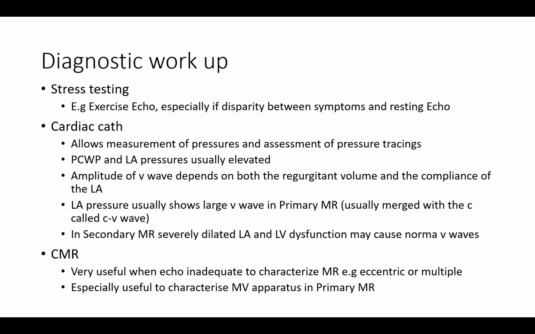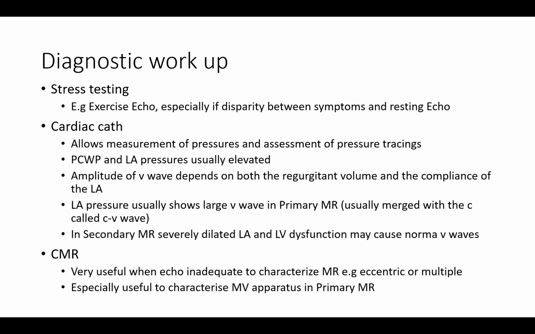Of course, cardiac cath would allow us to measure the pressures and look at those pressure tracings that we showed earlier. We could measure the pulmonary capillary wedge pressure, the LA pressure, and we would see the amplitude of the V wave on the LA pressure tracing,